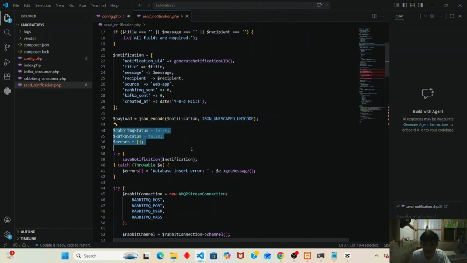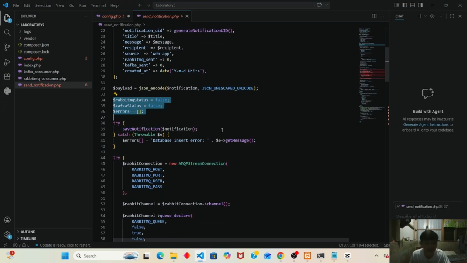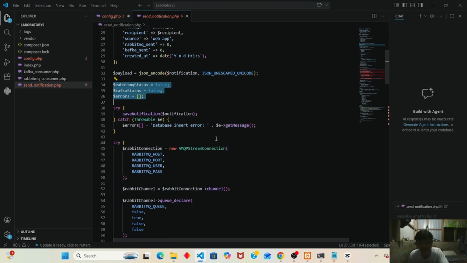So this tracks if each platform successfully receives the message, and this also stores any errors for display and logging. Next is the save notification. So this is only optional DB storage. This is only used for the database. So if any failure, of course, automatically error.